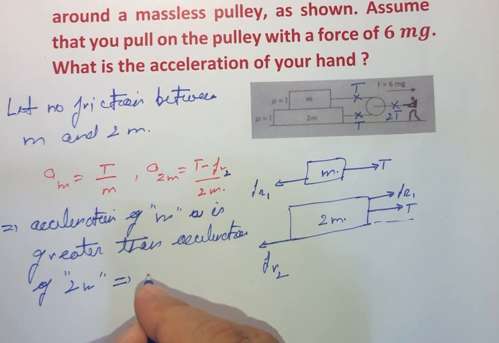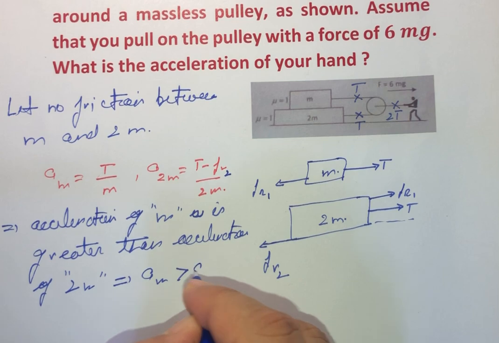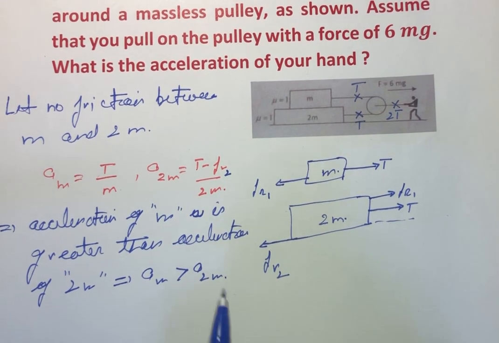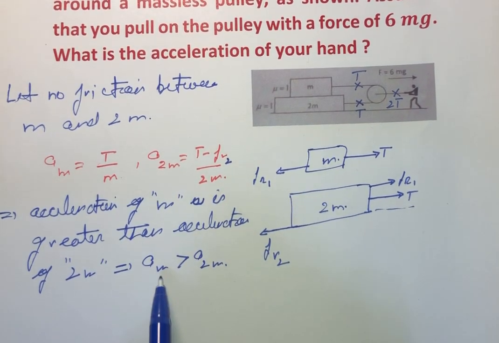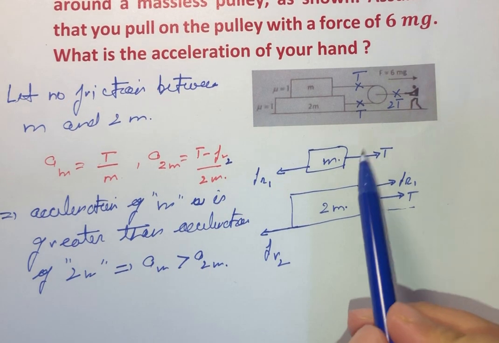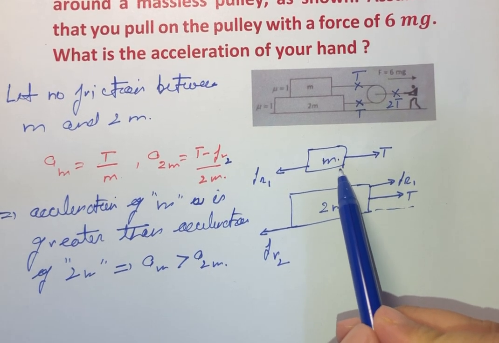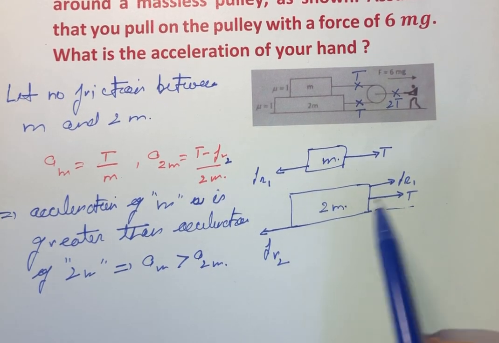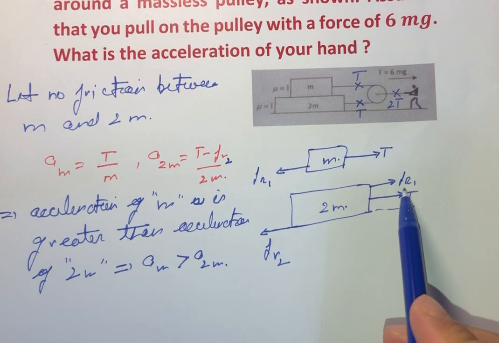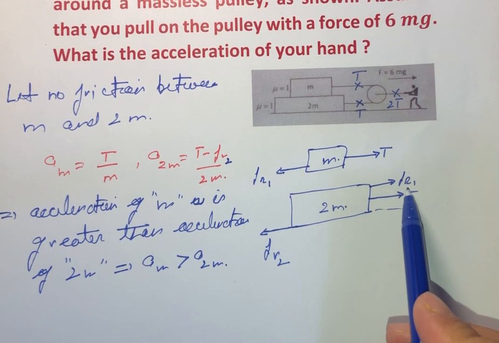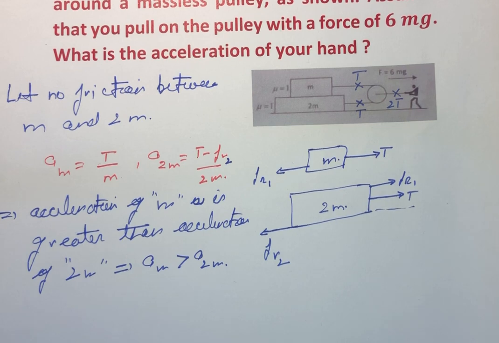So if the acceleration of m is greater than that of 2m, then this m will try to force 2m towards the right with the friction force FR1. So you can say therefore